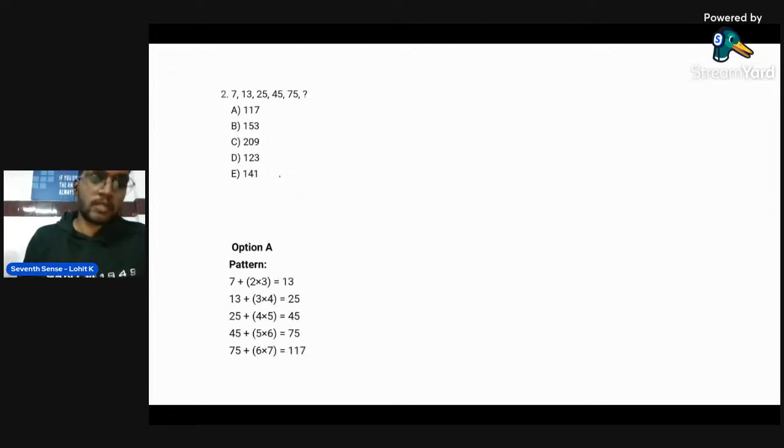Okay, see the answer here. Now what they are doing here for finding out the next letter? First letter is 7 and then the second letter is 13 here. From 7 to 13, what is the difference you can see here? That is 6 is the difference, right? So next, if you see the difference, what is the difference of the next letter? That is,